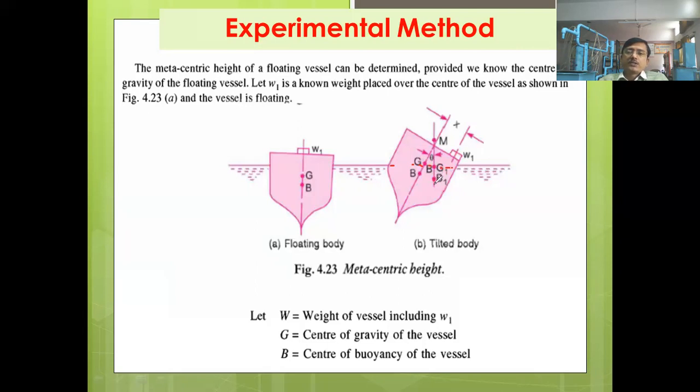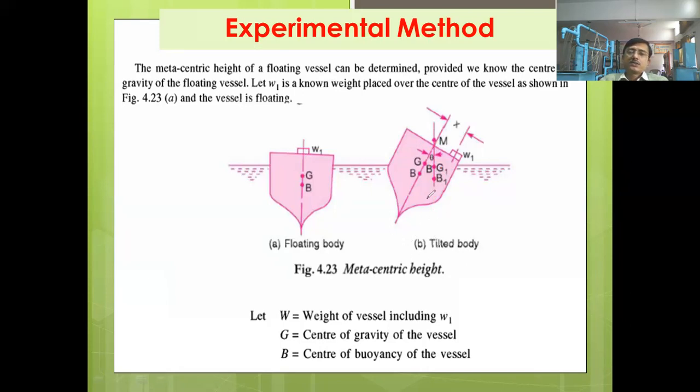And this point b1, the buoyant force always acts in the upward direction, vertically upward, and it always passes through the metacenter. It crosses the normal axis. The point at which the line of action of this buoyant force meets the normal axis of the body is called the metacenter. You have seen this in the definition of metacenter, right?